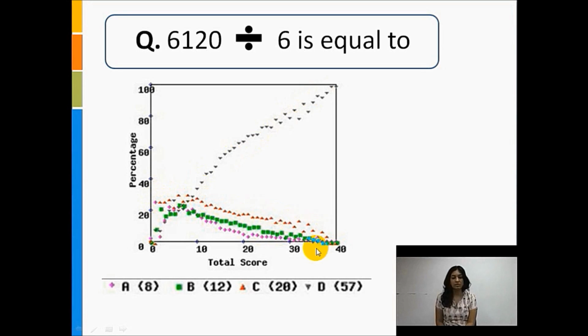Although the misconception does not seem to be very prevalent in the case of this question, certain points must be noted. Even though there is a steady decrease in the percentage of students selecting the most common wrong answer, about 10 to 15% of the students obtaining a total score between 30 to 40 still select it, meaning that this misconception does exist and is worth looking into.